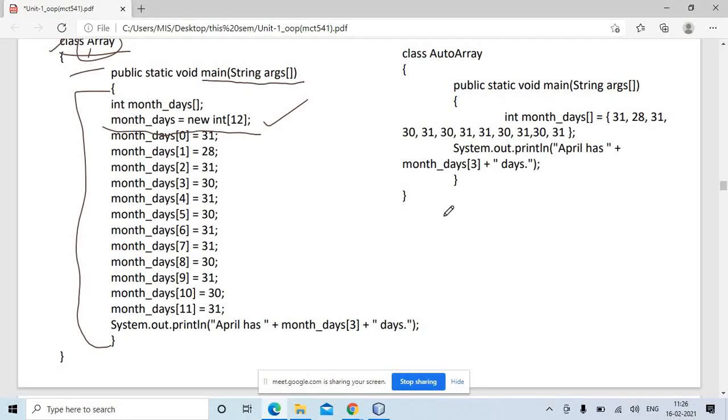When we create an integer variable, let's say int i, we are allocating the space required to store one integer variable i in the memory.